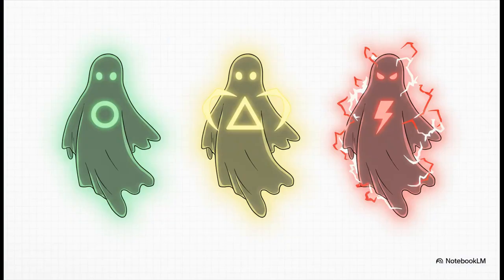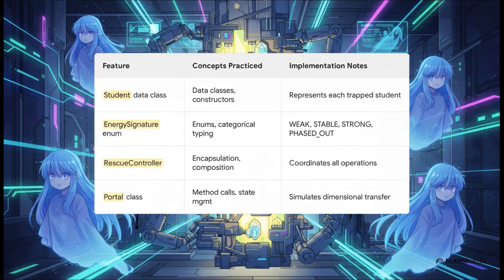And finally, to prioritize who gets rescued first, you need to classify each entity's state. You'll use enums for this, a special type that represents a fixed set of constants. This will let you categorize their energy levels, things like stable, flickering, or unstable. It's going to make your system's logic clean, easy to read, and a whole lot safer. And here it is, the complete system specification. Just take a look. Every single requirement of this mission, from the student data class to their energy signature, maps perfectly to a core programming concept you've learned. This, cadets, is exactly how elegant architecture is born from chaos.